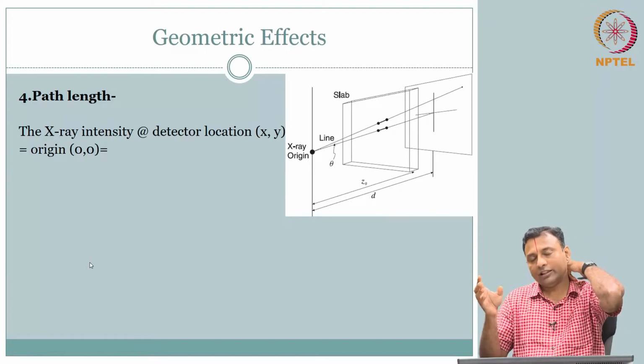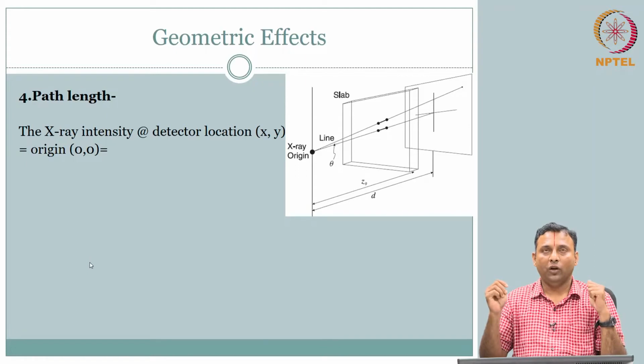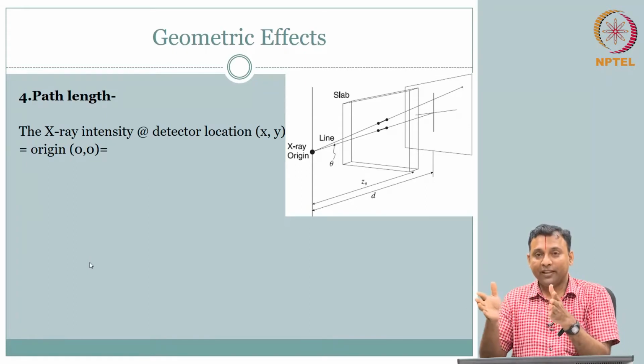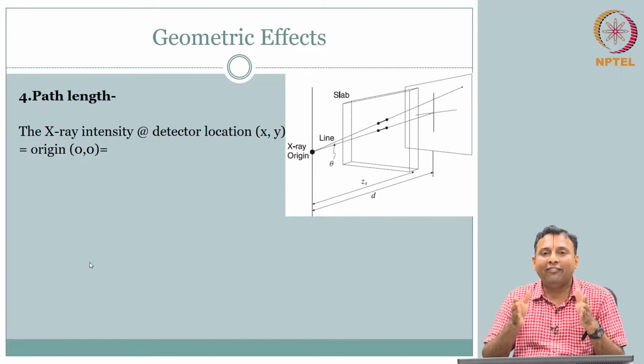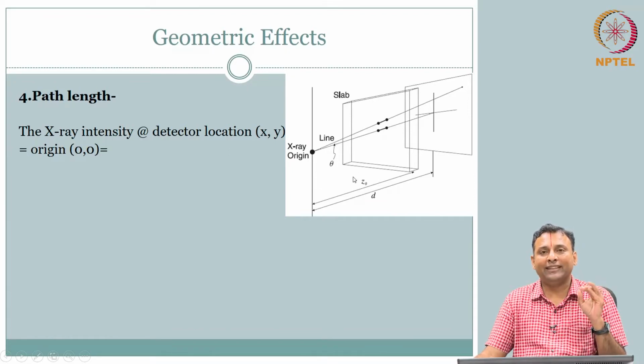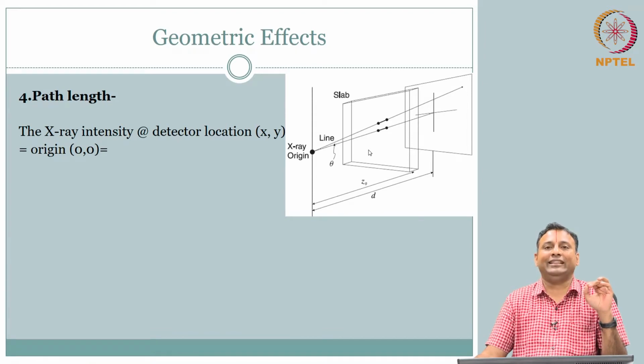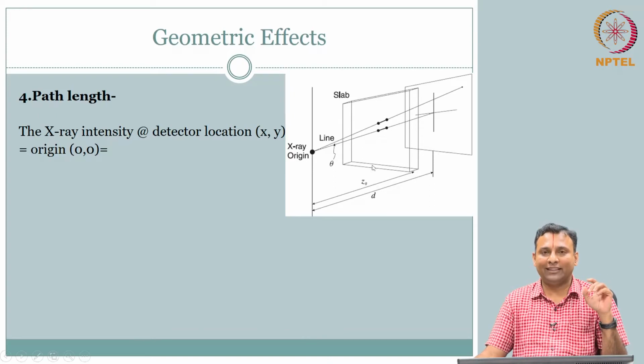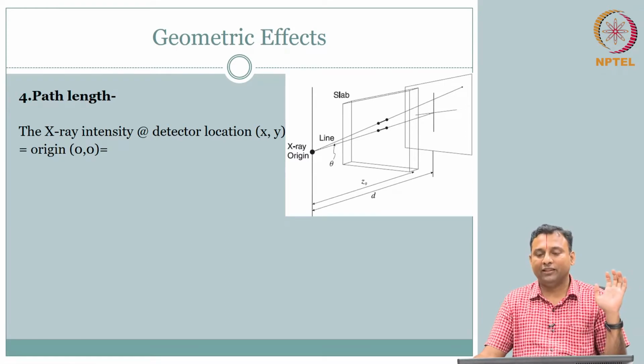So what are the other geometric effects that we can think of? We talked about everything so far without having an object in. So now we need to incorporate an object. Even here we are going to incorporate a simple object, a slab, which we used in our physics also when we covered the path length change in attenuation, mu delta x. Now, amidst the other geometric effects, because we have a slab structure, what is going to happen?